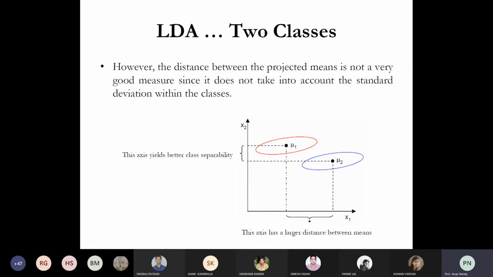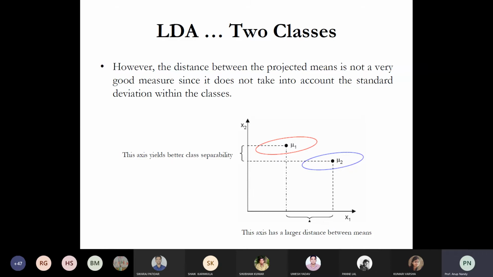Now this is an ellipsoidal shape which represents class 1, and the blue one is an ellipsoidal shape for class 2. Here also you can find mu1. Now if you project mu1 to x1, and mu2 is projected again to x1, you will have a bell shape for mu1 and a bell shape for mu2, following the Gaussian distribution. Now you can have the mean, and this is a maximum point.